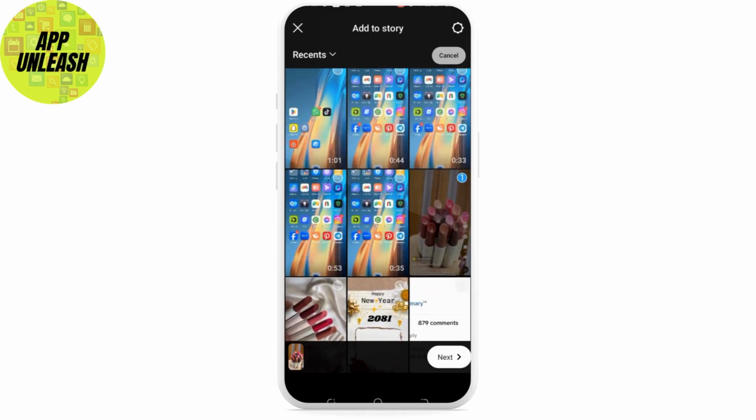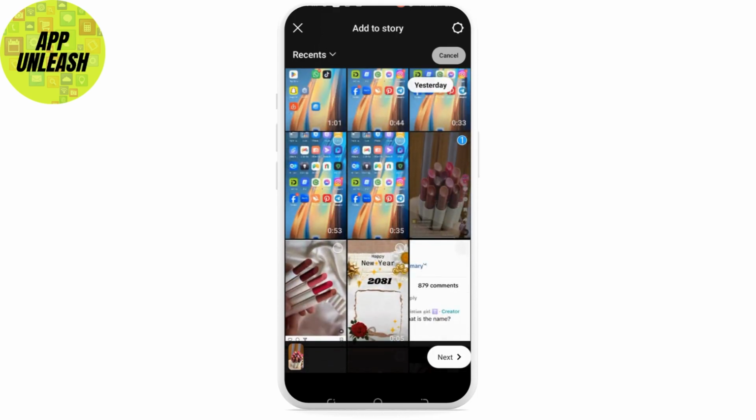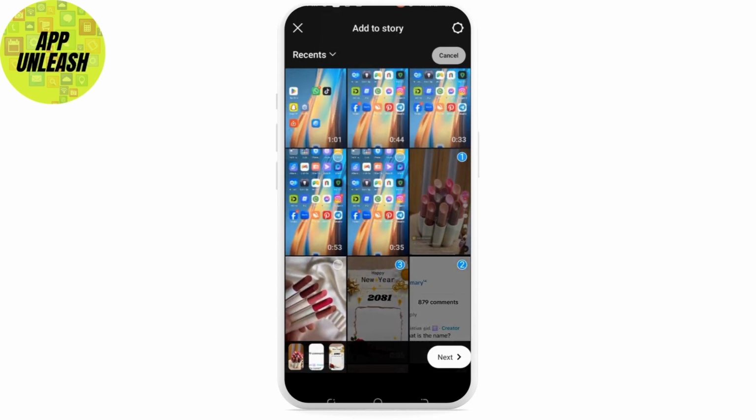But if you want to post multiple pictures in your story at once, you can simply tap on the pictures that you want to post, and after that on the bottom right corner there's a next icon. Select that,